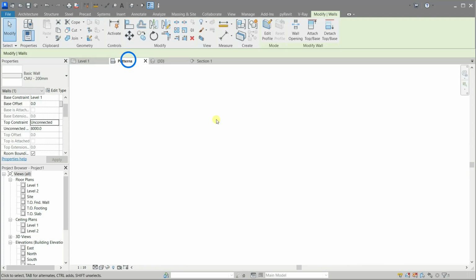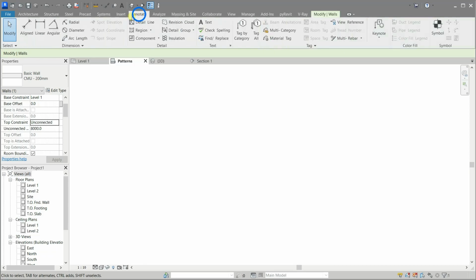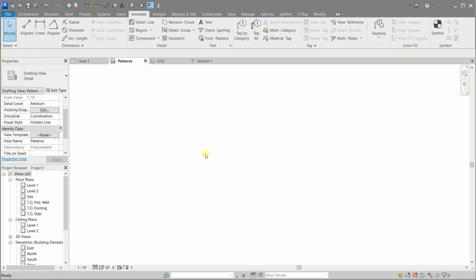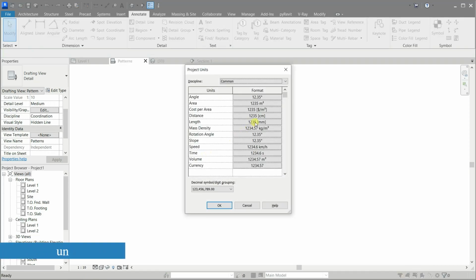Now change to the pattern view. Let me check the units and change it to centimeters.